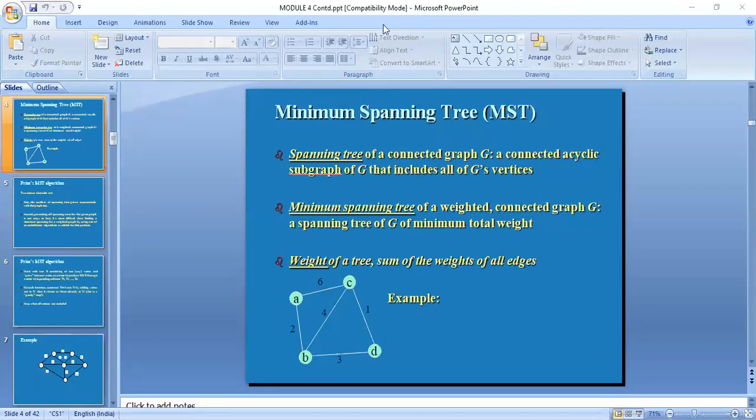So here we have seen that you will be having a node.